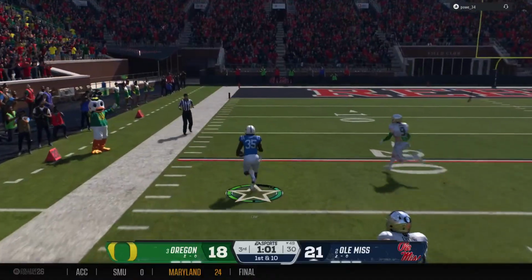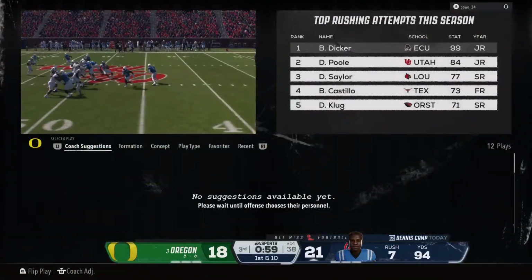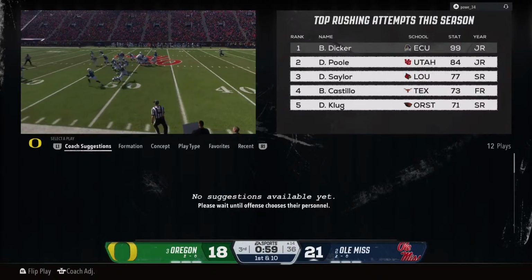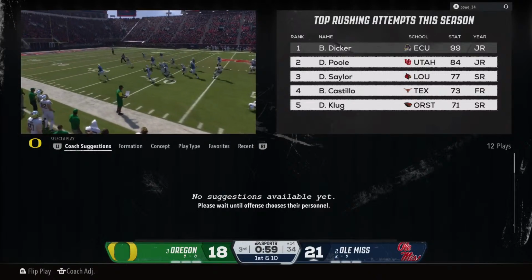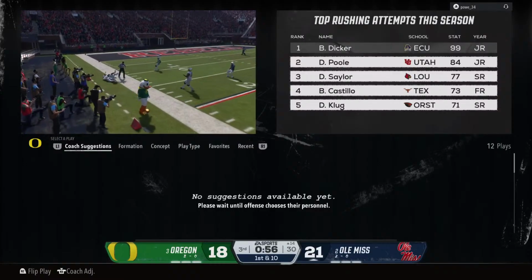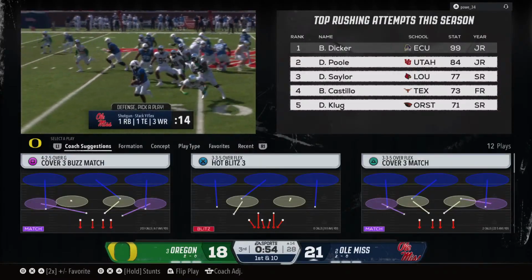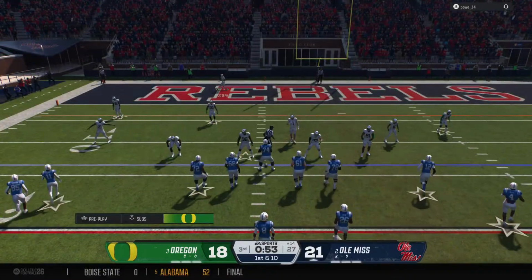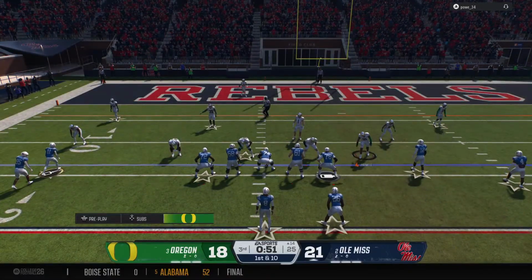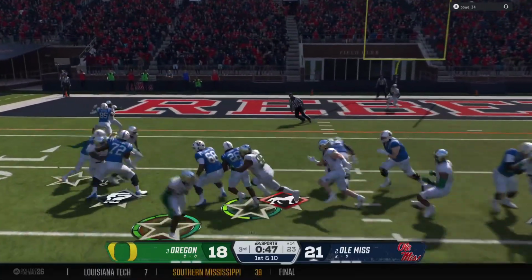Breaks loose at the 40. Breaks into the clear. Out of bounds after another huge chunk on the ground. What a job by this offensive line today. They trust the left side of that offensive line and come up with a huge play on the ground. Yeah, your favorite, Chris, there. The old pin and pull there to the left side. Great blocking on the left side, able to create a great push. Nice crease, and the back found that with the vision and picks up some big yards for that first down.